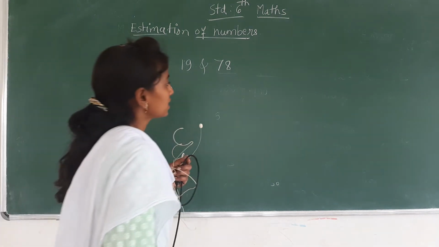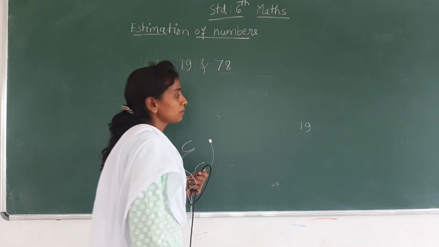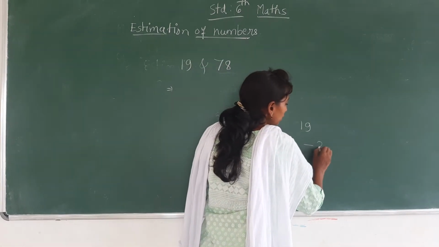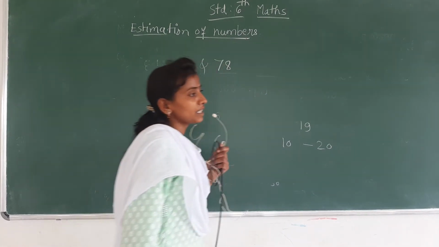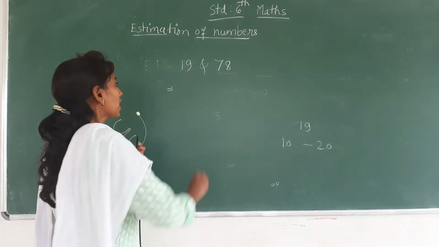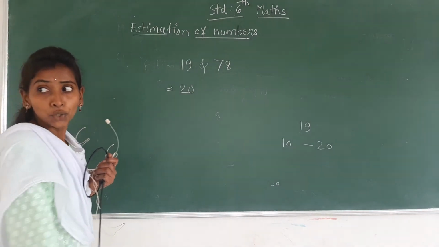First, 19 comes in between 10 and 20. 19 is nearer to 20, so the estimated value of 19 is 20, into